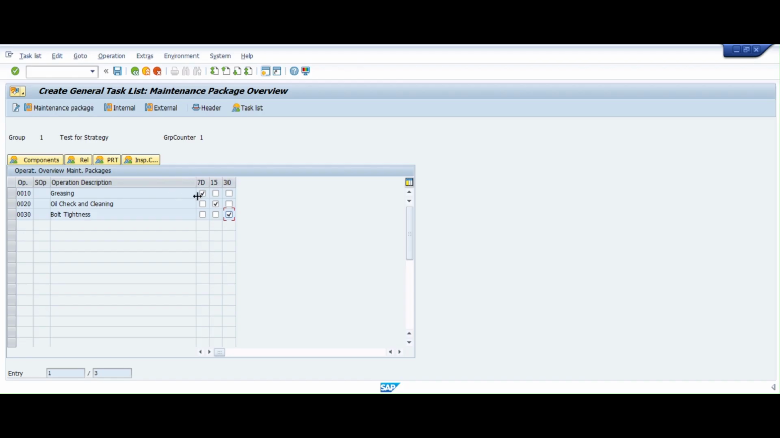So what will happen is, for the first order which gets generated for this 7 days cycle, only this operation, greasing, will get copied to the order. The second and third operations will not get copied. And once we have an order generated for the 15 days cycle, the second operation will get copied to the order only, not the first and third one. And once we have this monthly cycle order generated, what will happen? We'll have the,